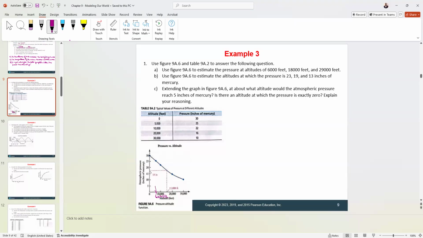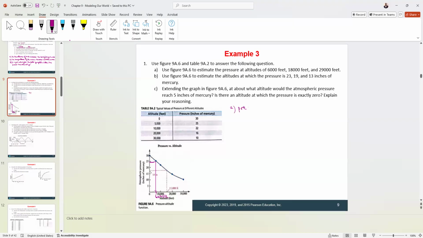So if you go all the way up there, is that pretty close, right? I think at some point we can say that the pressure at 6,000 feet is about 24 inches of mercury, right? So for BA,